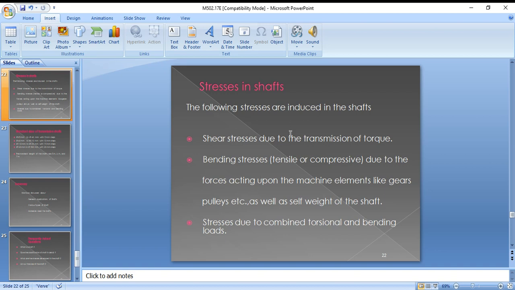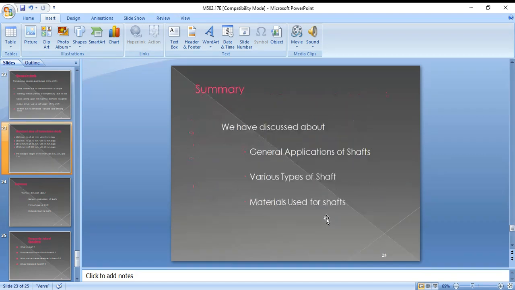So these are the different stresses that can be developed on the shaft. Based on these stresses, we need to design the shaft. The main purpose is that you need to design the shaft based on the stresses so that it does not break when it is transmitting the power from one place to another place. If it has low strength and breaks in the middle of the transmission of power, there is a huge loss of human life or machines can be damaged. So it has to survive all these stresses.